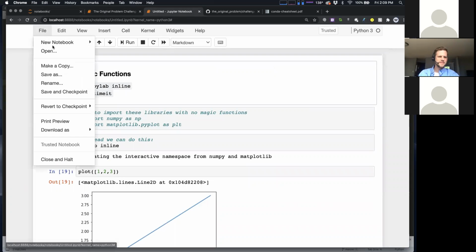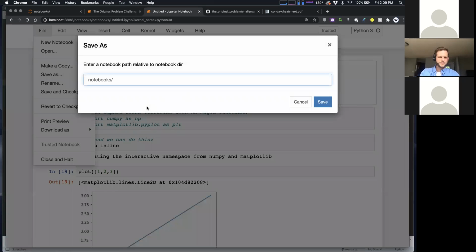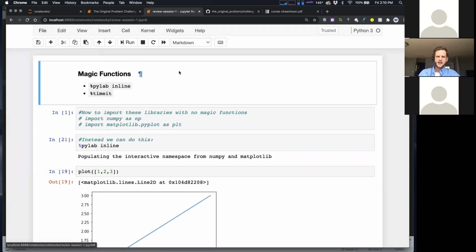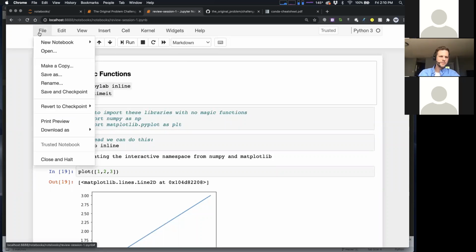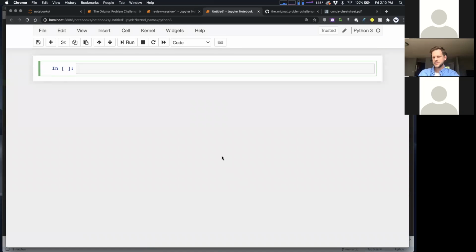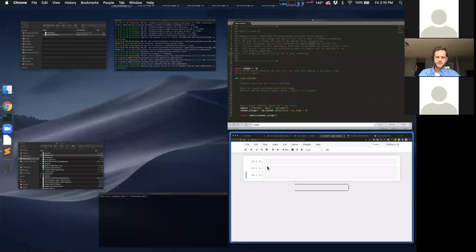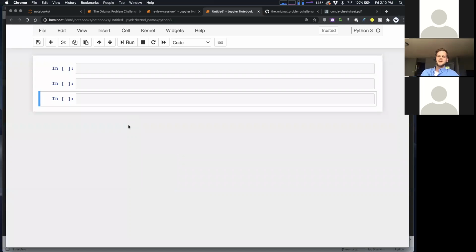Let me go ahead and save this as review session 1. Let's talk about a couple ideas, Ravina, real quick. Maybe we could walk through some of this, and ask the class if they want to walk through some of the process you just talked about. New notebook, cool. Yeah, sure, let's do it. We've got 27 folks on, and we've seen some questions. Let's walk through the programming challenge a little bit.